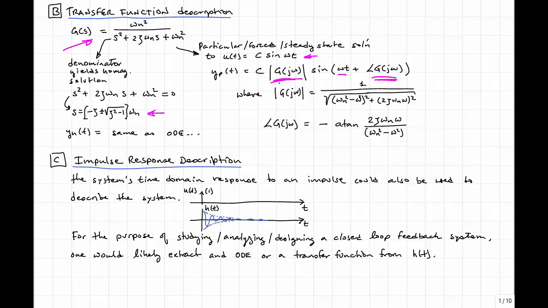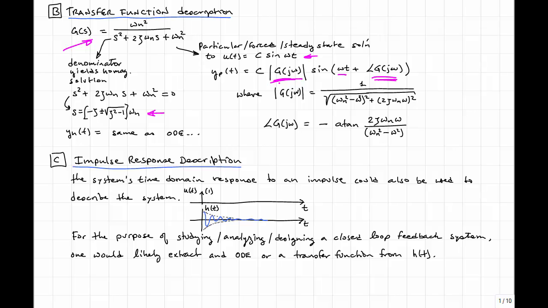A third description of the system is the impulse response description. So instead of having any kind of a mathematical description in s, we might have a time domain description of the system when it's struck with an impulse at time 0. We might also actually have a unit step response. I didn't draw that here, but the unit step response is simply the integral of the impulse response. So either one of these responses in time would actually contain the same information as the information in the transfer